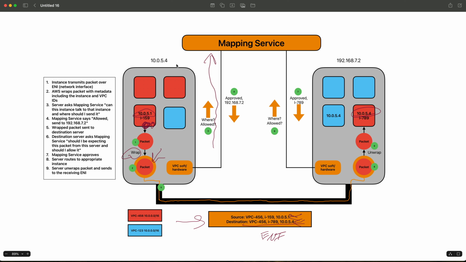And that's this big database that Amazon has that keeps track of all of these assignments. And it says, hey, this instance over here wants to talk to this instance over here. Is that allowed? And where is that other instance on the network? Might be on the same server. Who knows? The mapping service says, well, in this case, it is approved, and you're going to want to send